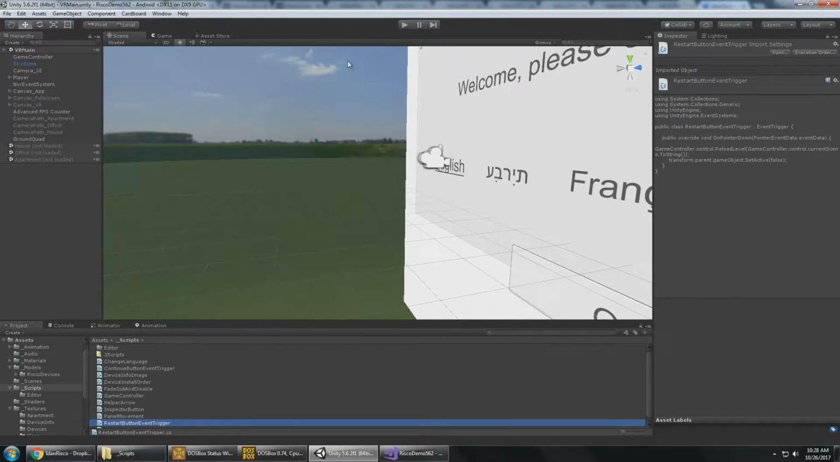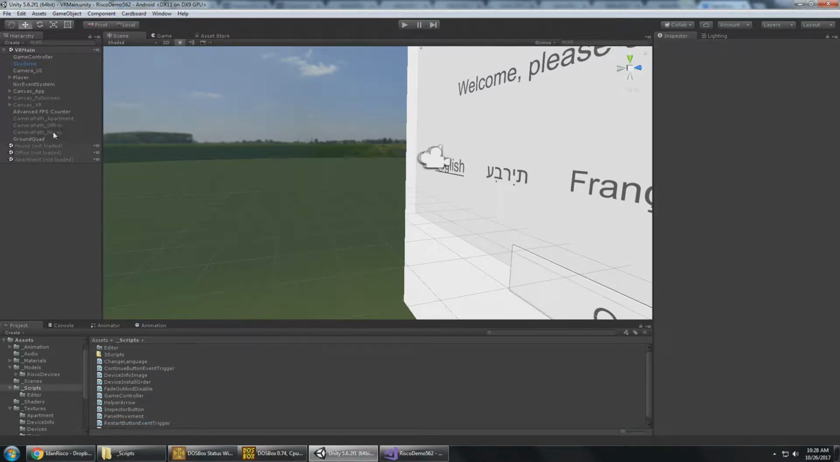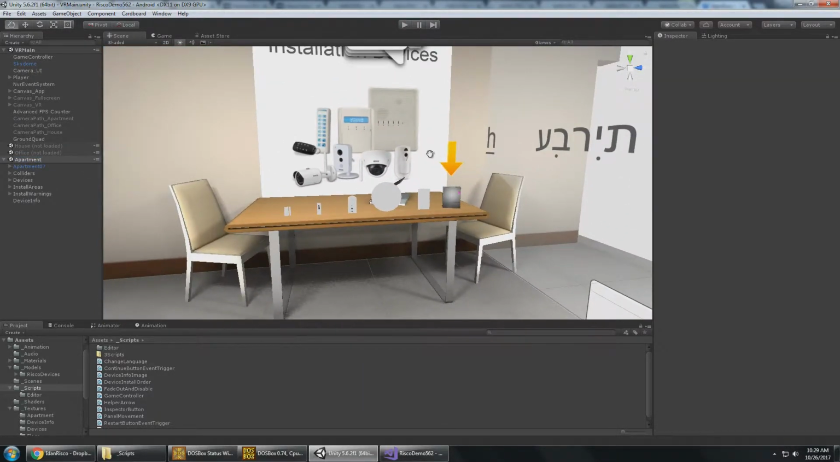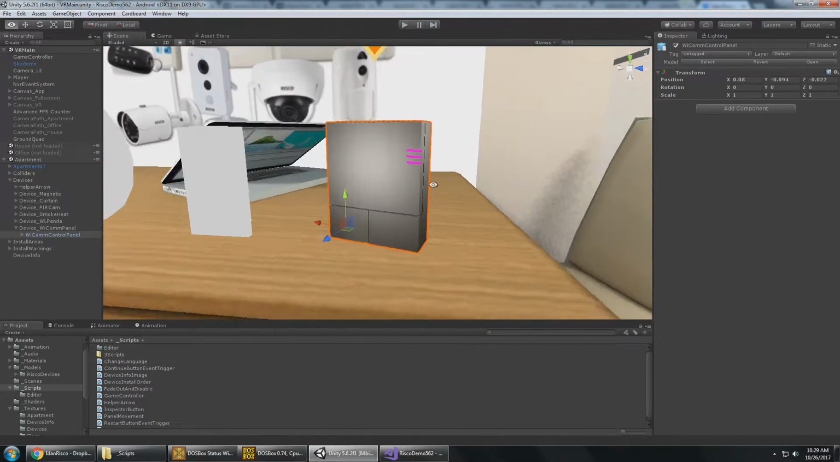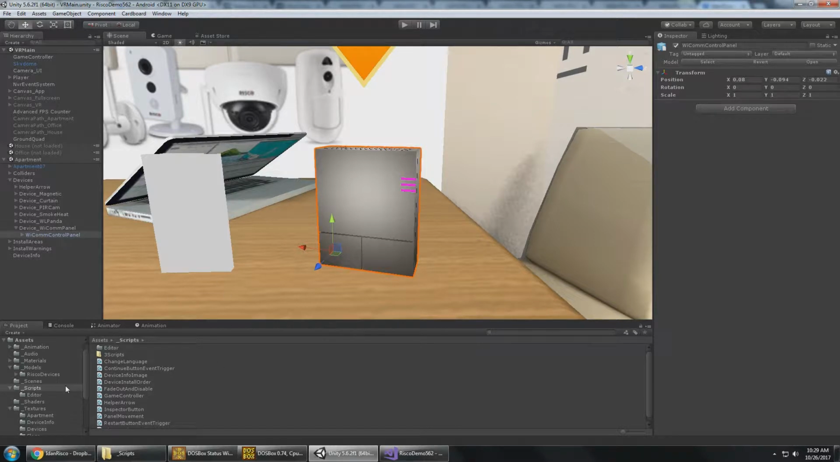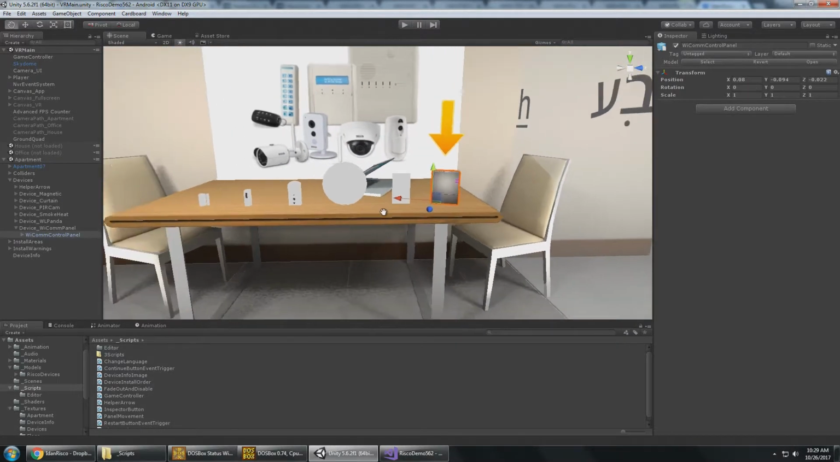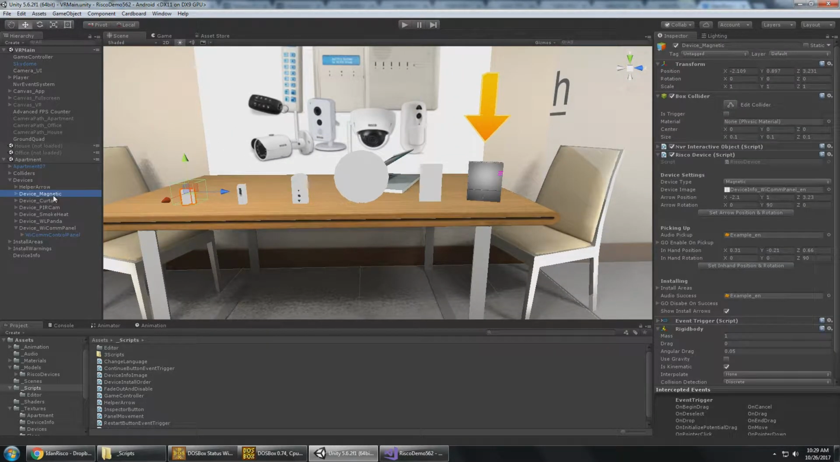Okay, in this video, we're just going to look at the Risco project, adding device info images. I'm going to load the apartment scene, and here are the Risco devices. Each device has a Risco device script, and on the Risco device